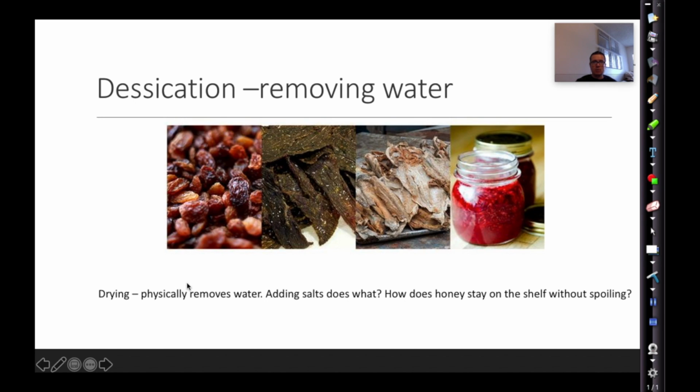Desiccation, removing the water, adding salts, that creates a hypertonic environment that causes the water to leave the cells of the pathogens, which then they